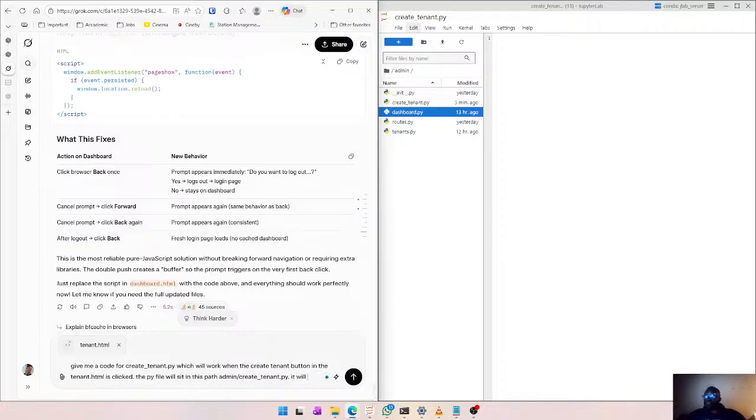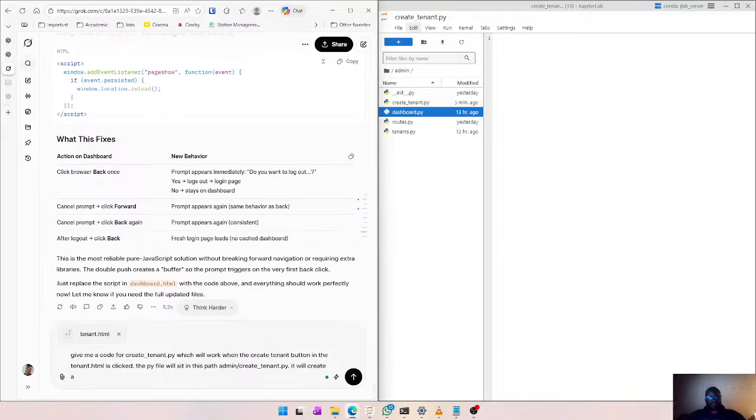So it will create a table in a database called tenants, and then it will have these columns. Tenant name, you can just do name, no, first of all ID, name,